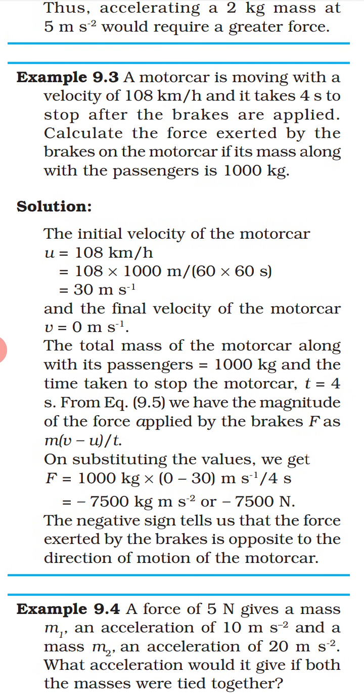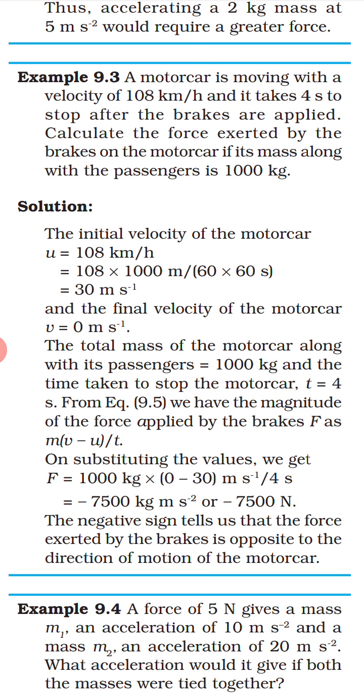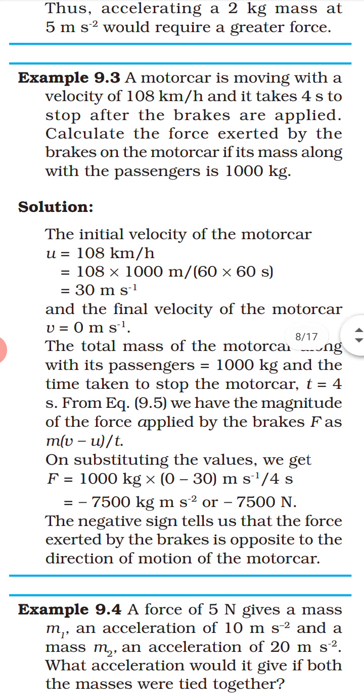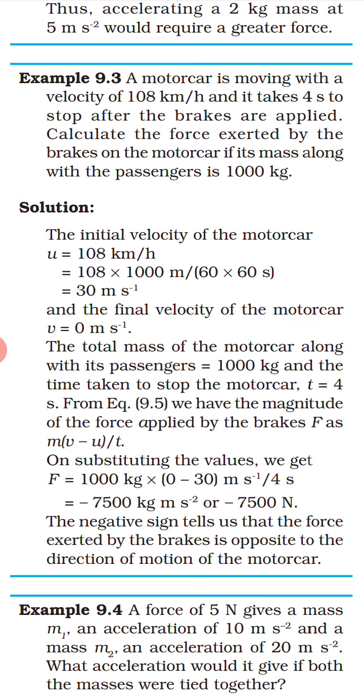Here the mass is 20 grams. We have to change 20 grams into kg, and we have to change centimeter per second square into meter per second square. 1 centimeter is equal to 1 upon 100 meters, or 1 meter is equal to 100 centimeters. So 2 centimeters will be equal to 0.02 meters per second square. On substituting the values, we will get the answer minus 0.0004 Newton. This negative sign again implies that the frictional force exerted by the table is opposite to the direction of the motion of the ball.